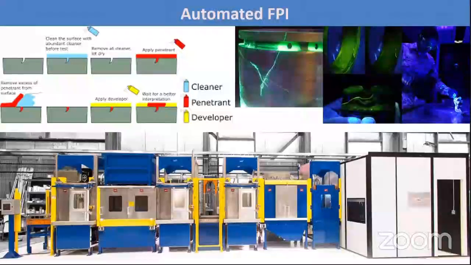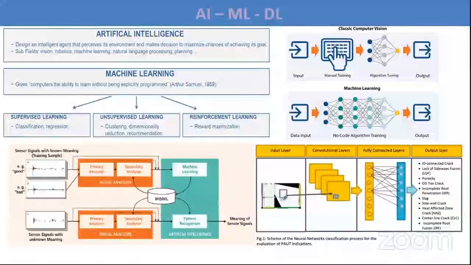And when you combine that with all the other things happening in the world of automation and hardware, here is a completely automated system where virtually a human being is eliminated, except for supervision. It starts and does the entire FPI process on a given component, completely automated, right down to analysis and disposition. So something as elementary as FPI can today be fully automated, and you can make use of all these advanced technologies there.